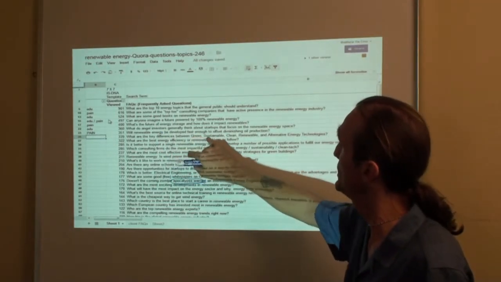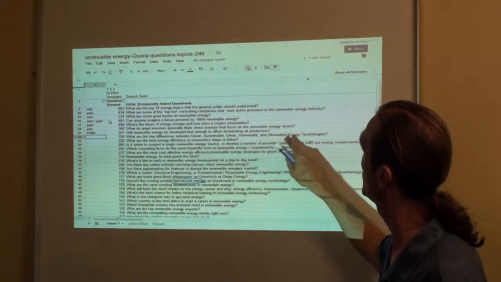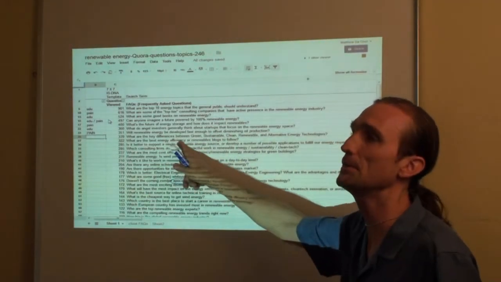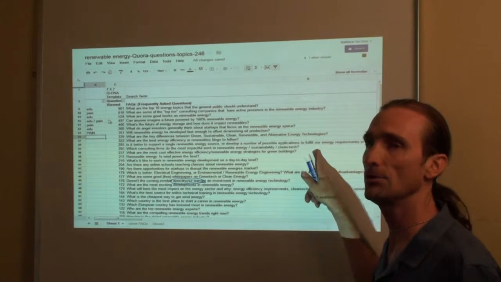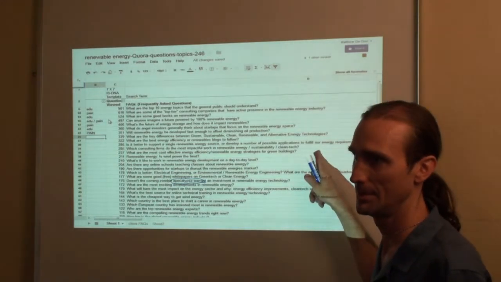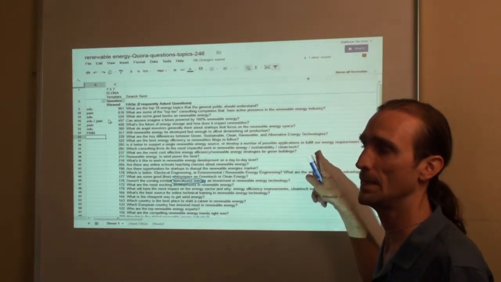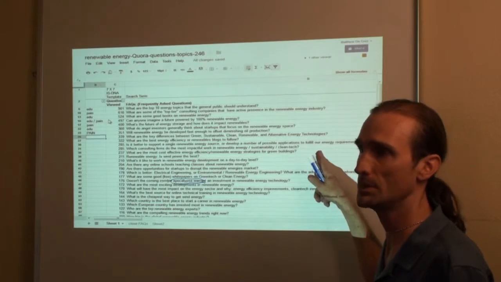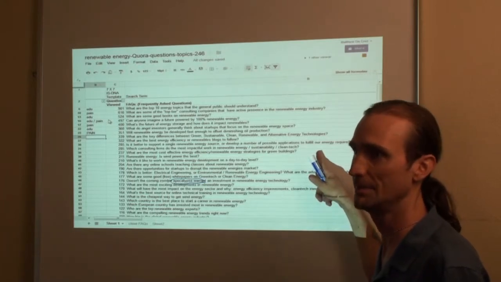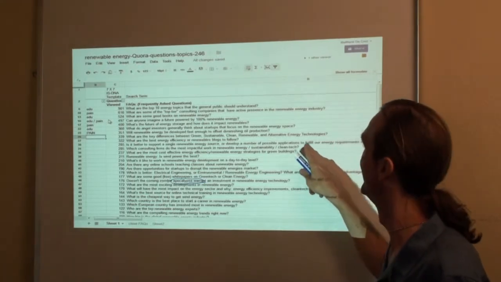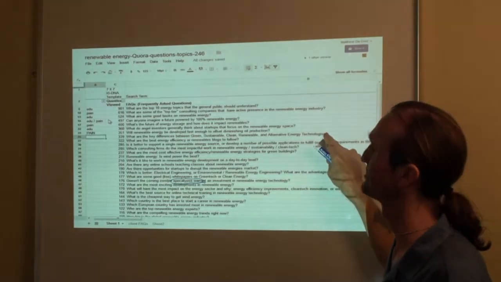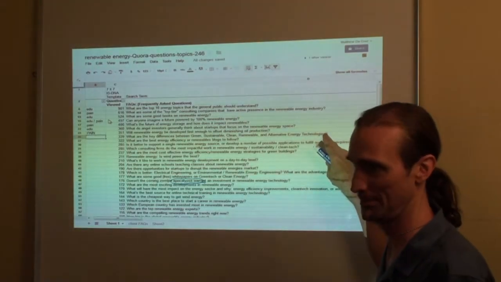What are the key differences between green, sustainable, clean, renewable, alternative? Okay, we've got a bunch of stuff strung together. There's more than one question here. Yes. I learned from C that you have to parse. And I spend most of my life taking apart things that people think are one question and breaking them down into 7. Yeah, and I would say it is a pain, but it's a pain that needs to be segmented. Therefore, educational. Yes. Thank you.